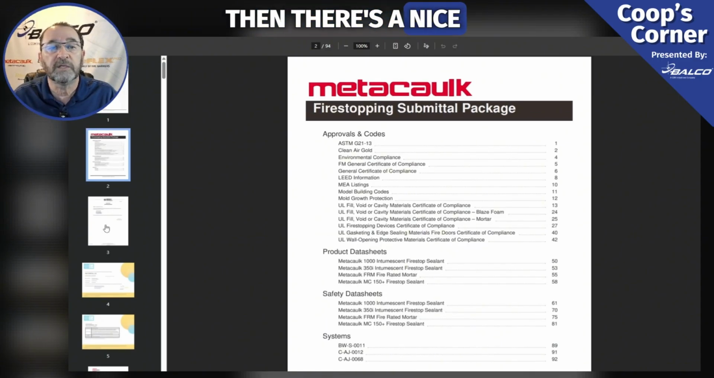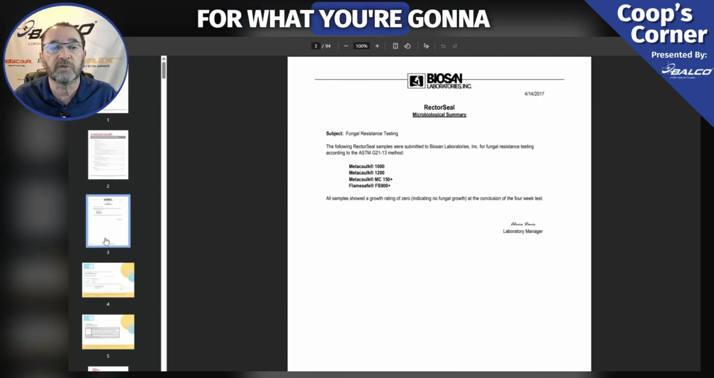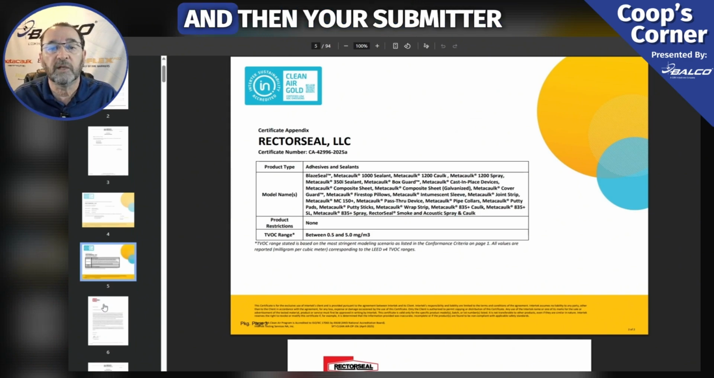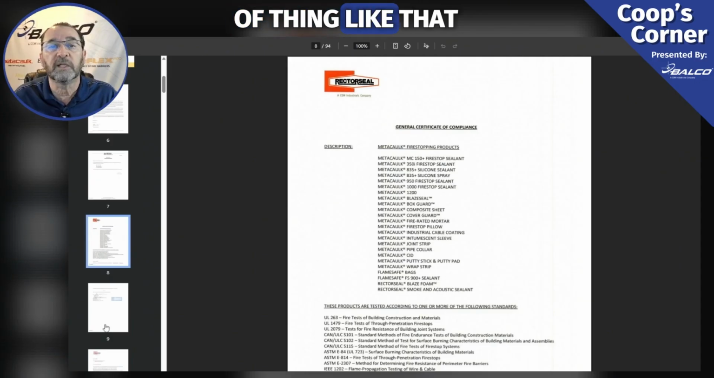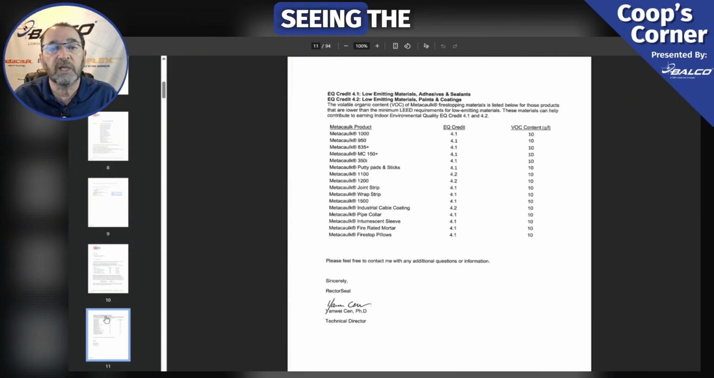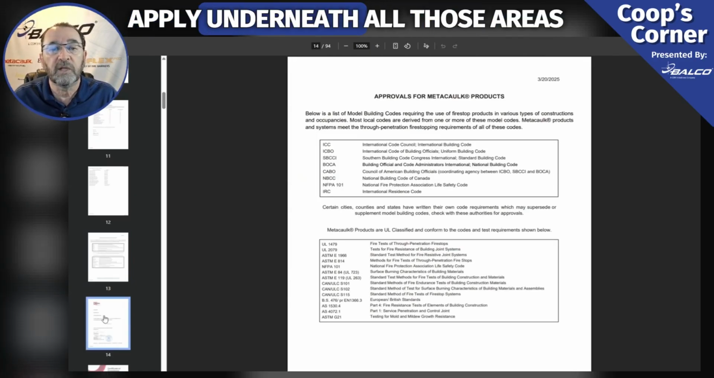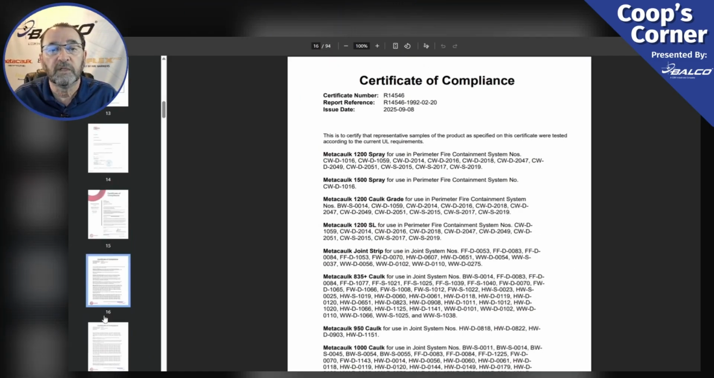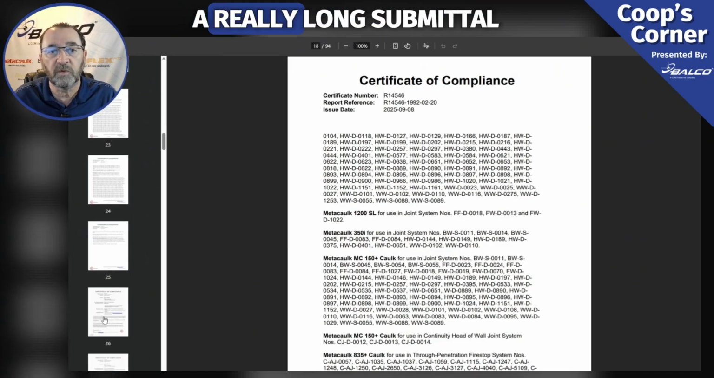Then there's a nice sheet that shows you where all the approvals and codes are. It's just a legend for what you're going to be looking at there, and the page numbers, all the different products that are included in there, and then your submittal data information with all your Clean Air Gold certificates and all that sort of thing, right? And then as you get further down in here, you're going to start seeing the certificates of compliance, all the listings that apply underneath all those areas, and then further down, this is why you can select or deselect anything you don't want in your submittal if you don't want a really long submittal with all that